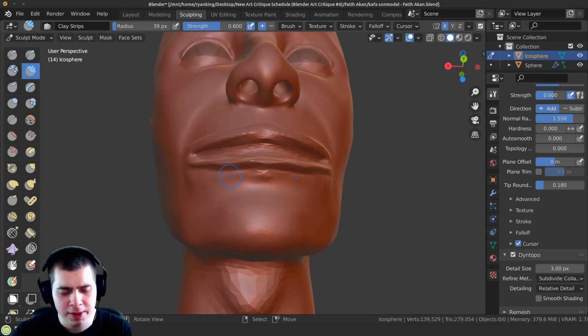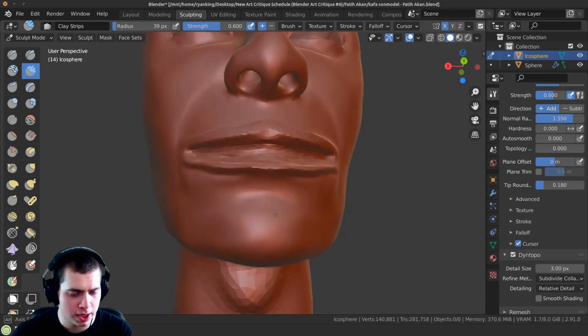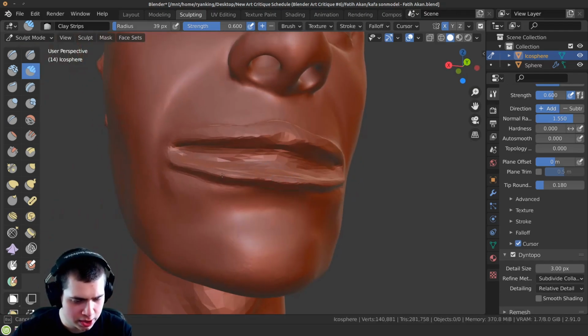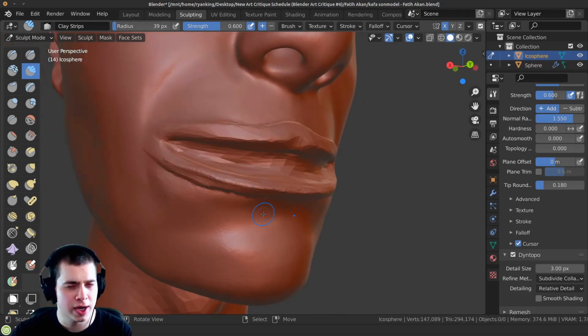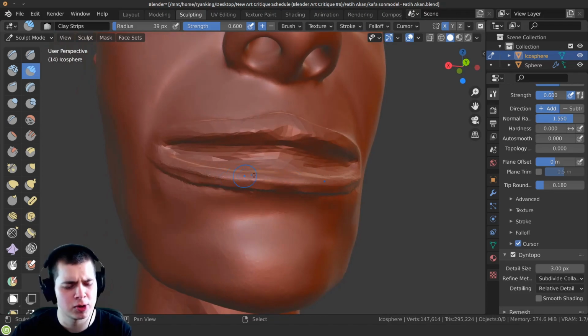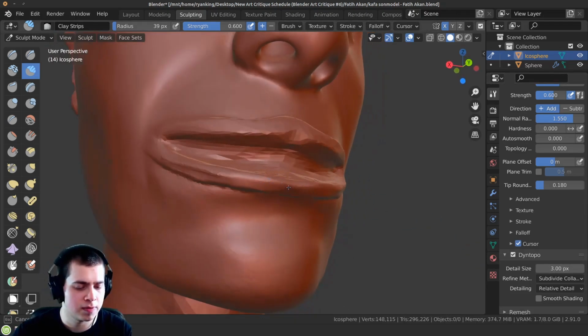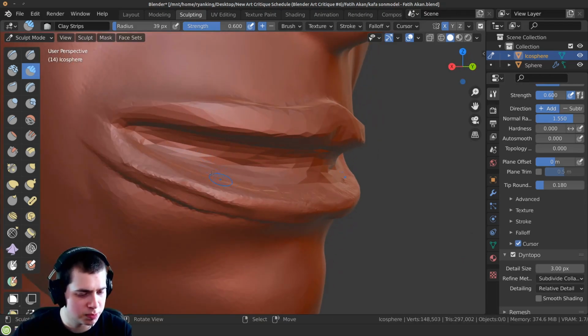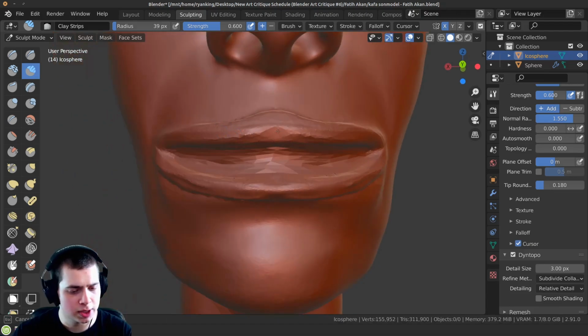All right, let's work on the lips for a little bit. So I'm gonna hold on the Control key, just kind of bring that in a little bit. And then I'm just going to go along here and kind of make the lips higher topology. Now, if you had to sculpt with lower topology because maybe your computer was a bit laggy, then that's totally fine. You could turn this number up if you need to. But this is pretty low quality, so I'm going to just go along here. Just give it more topology, okay?